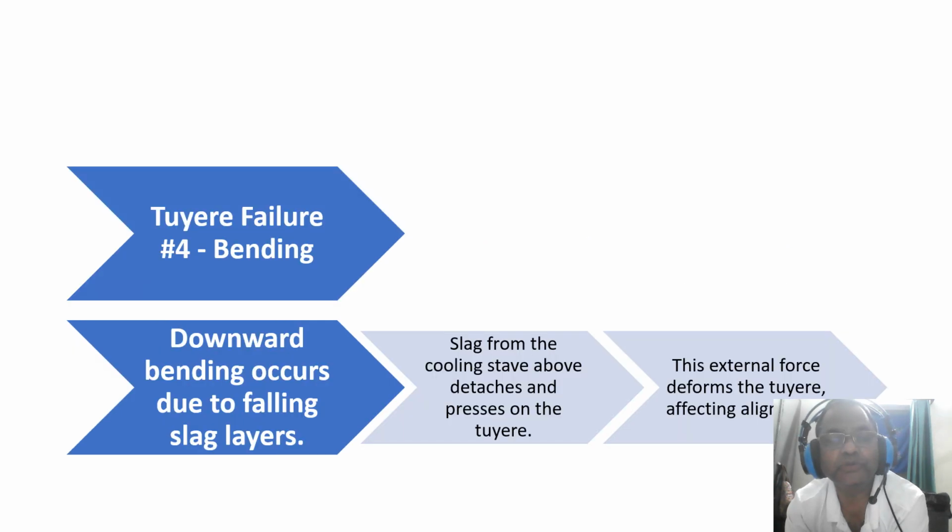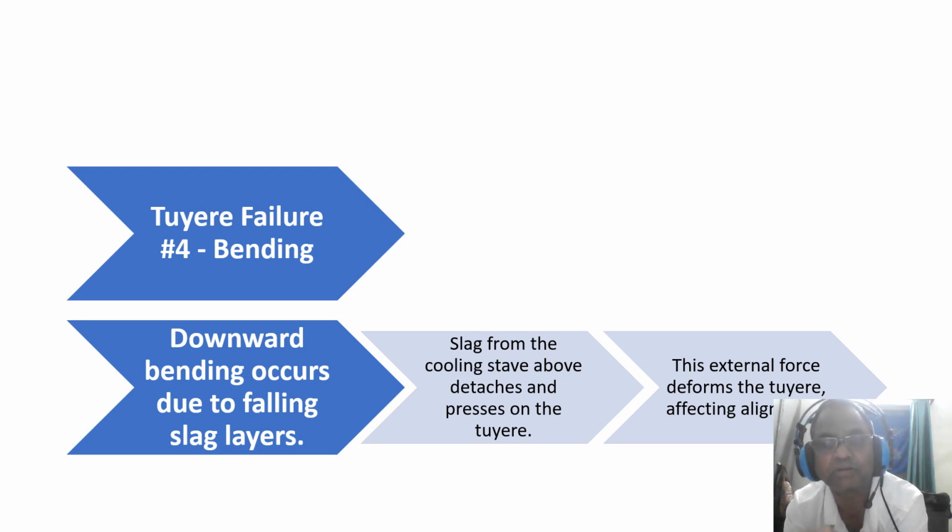Now coming to the tuyere failure which is especially vulnerable for furnace productivity, that is bending. Bending is basically of two types: one is downward bending, and the second is upward bending. Downward bending is not due to heat, but due to mechanical forces, when large slag layers detach from the cooling staves, that is, when we have severe peeling